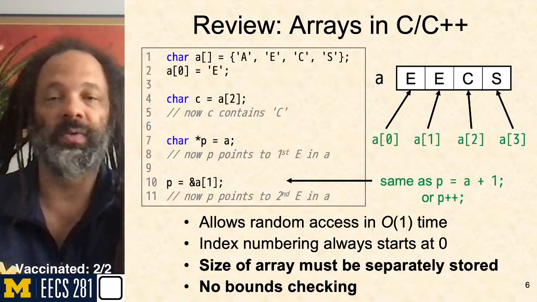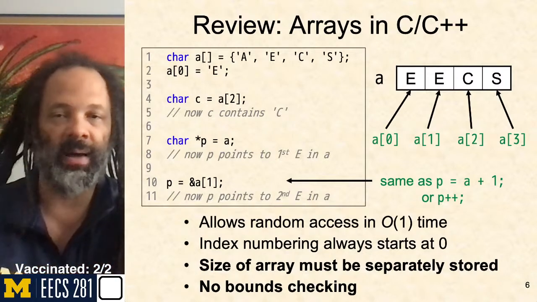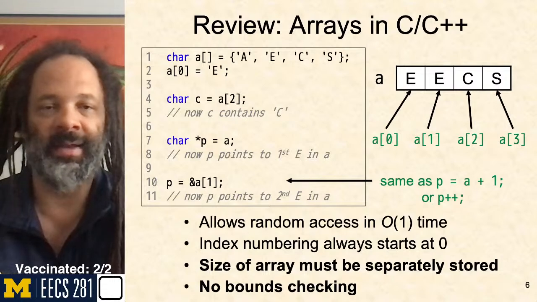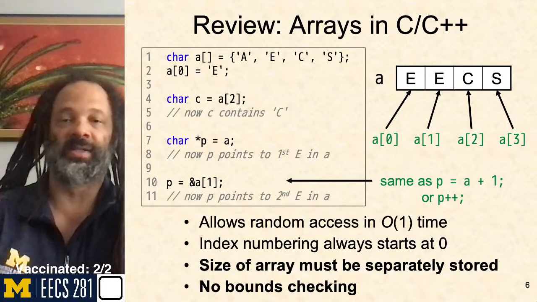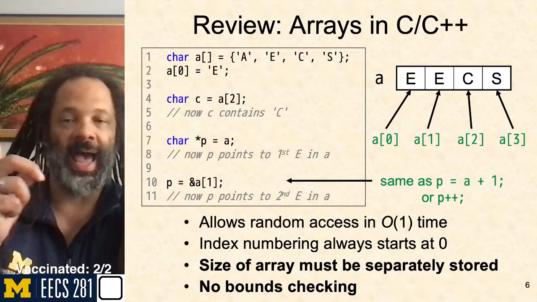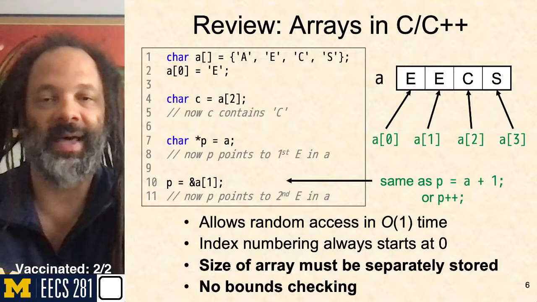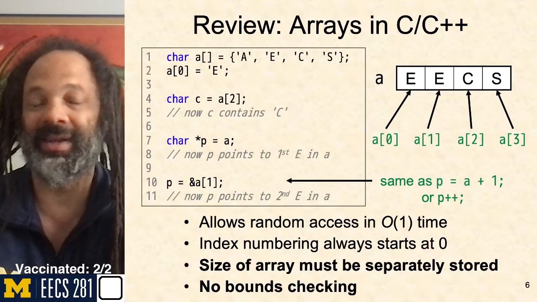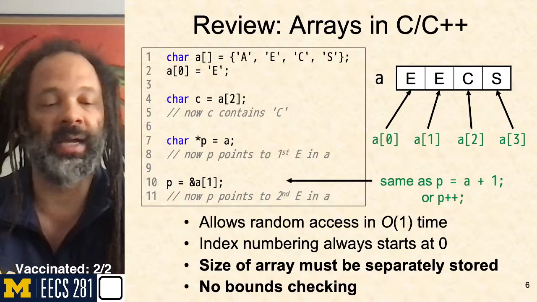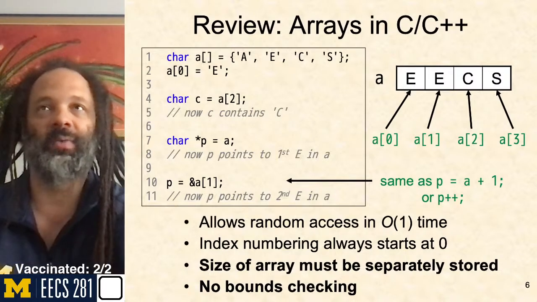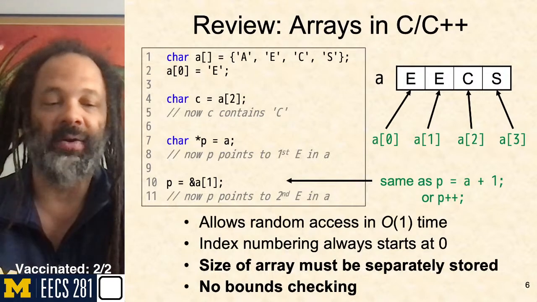I would have to use some separate storage of the size. There's no bounds checking. I can go right off the end of this, no problem. I can say A square brackets 10, and it's just going to start at that A base address, add 10 bytes, and then dereference what's there. If that's your memory, you might get some garbage out of it. If it's not your memory, you're going to get a segfault out of it. So there's no bounds checking in arrays. They are kind of the wild, wild west, but they are fast, and they do allow for aggregate storage of